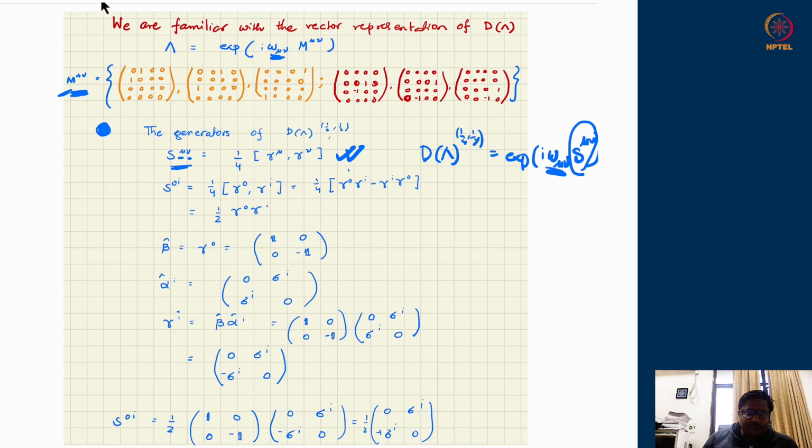So fine. In spinor space, these S mu nu's are the generators, and the exponential of them with omega mu nu's gives the Lorentz transformation matrices for spinors. Let us try to do some simplification to see their structure clearly. First, the three components S0I, that is S01, S02, S03, are to be written as 1 by 4 times the gamma 0 and gamma I commutator.